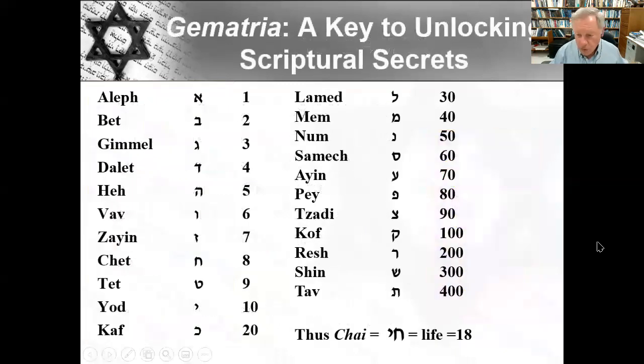Okay, I want to get into Gematria. This is kind of fun because it will lead to things with which most of you are familiar. A very simple form of Gematria simply recognizes there are 22 letters in the alphabet, and the first 10 letters are the numbers 1 through 10. The 11th letter is 20, and we go up by tens until we get to 90, and then we get 100, 200, 300, 400. That's as far as we can go in the Hebrew numbering system.